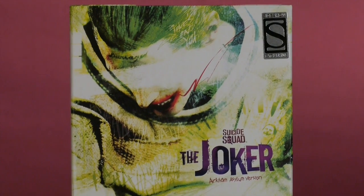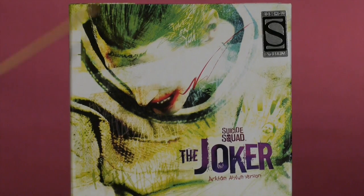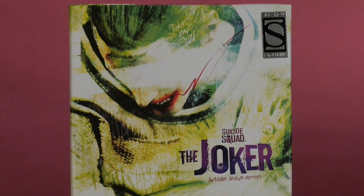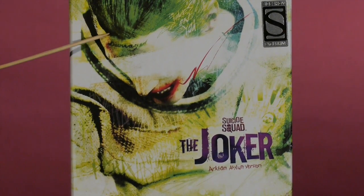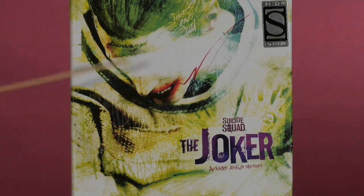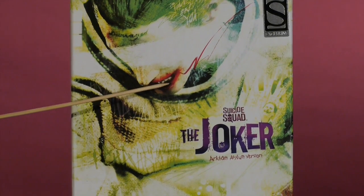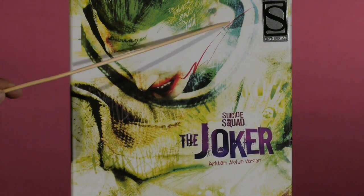Hot Toys really did a fantastic job with this box. When you first take a glance at it, it looks like just a nice wash of vibrant colors, and you see the Joker. But when you take a closer look, it's actually an artist's rendering of the Joker. There's the green of the hair, the white of the face, the nose coming down, the red of the lips and teeth, and then a little sprinkle of, I guess, blood coming out the side of his mouth,